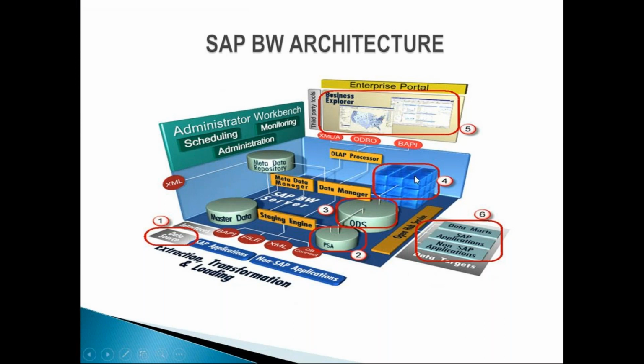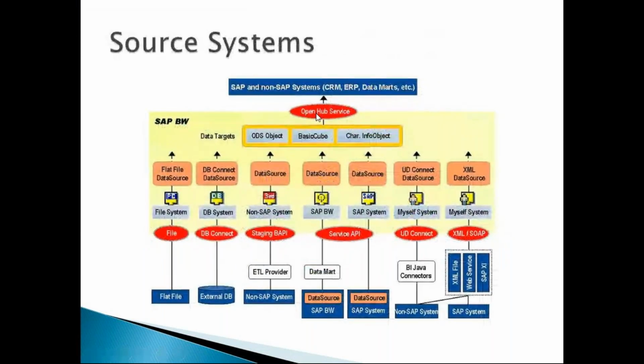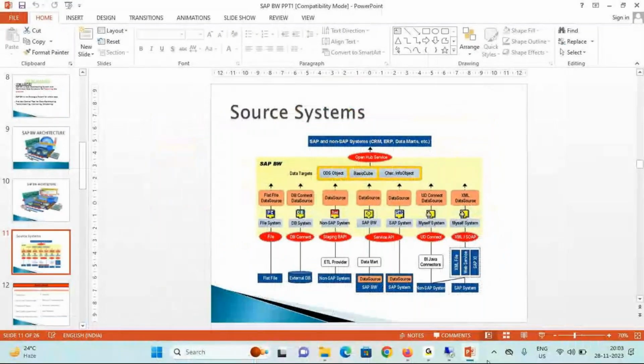On top of this, we have an integrated reporting tool called Business Explorer. To connect this Business Explorer, we have something called the OLAP processor. See, look at this: from the data managers, which are connected to the OLAP processor, the OLAP processor is connected to the front end. So let's say, for example, when I get into this reporting,